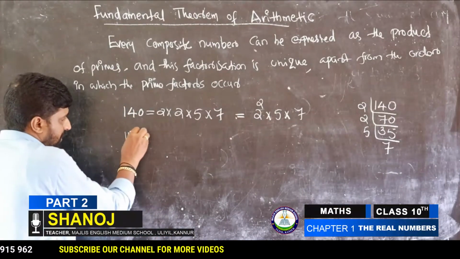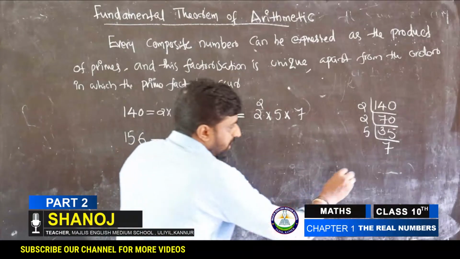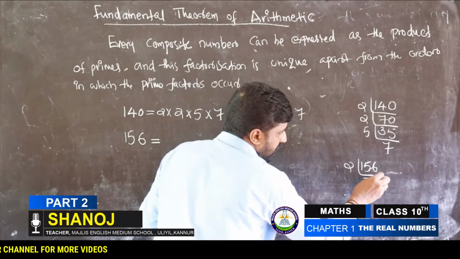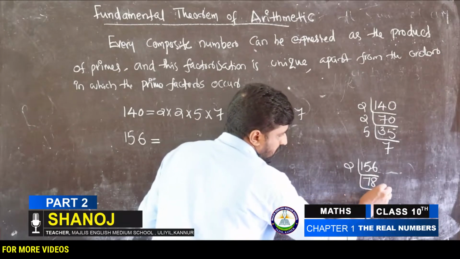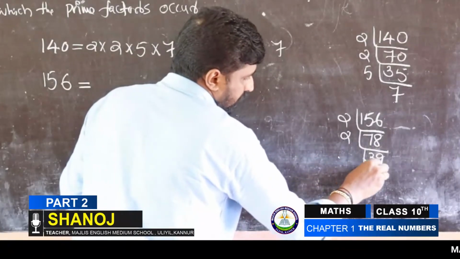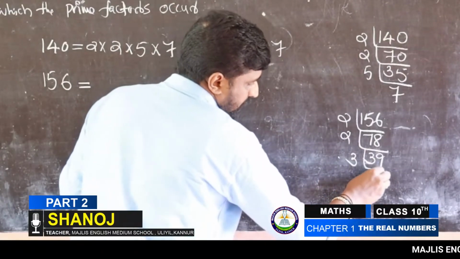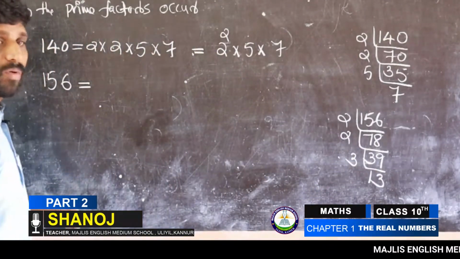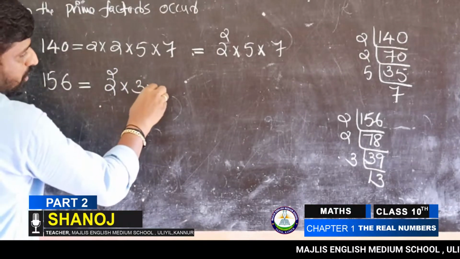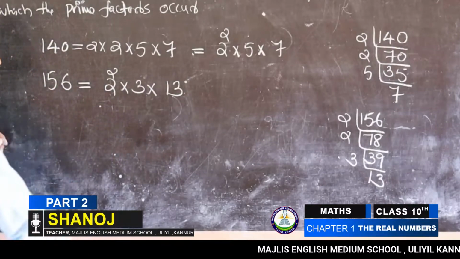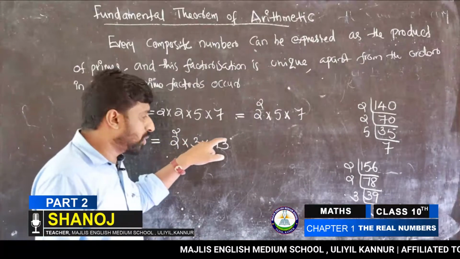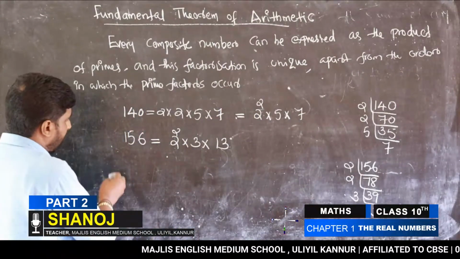Then another example, 156. In the same way, we divide 156 by 2, that is 78, then 2, 39, then 3, 13. Then 2 square into 3 into 13, like this we got. Therefore, 156 is equal to 2 square into 3 into 13. Like any other number,